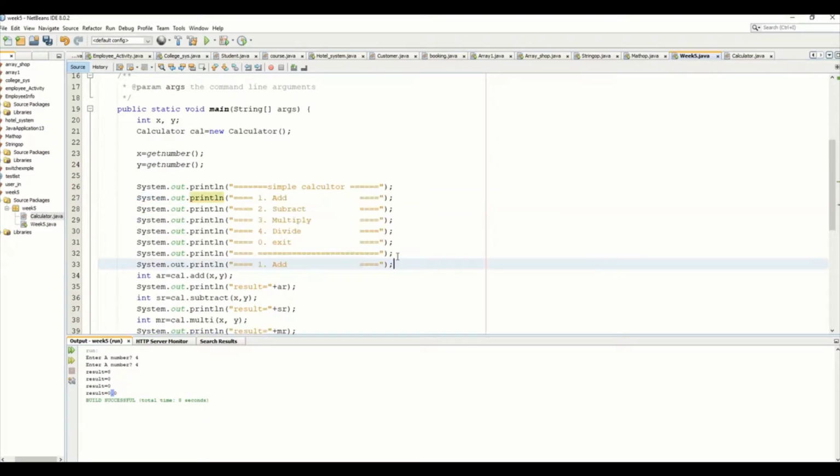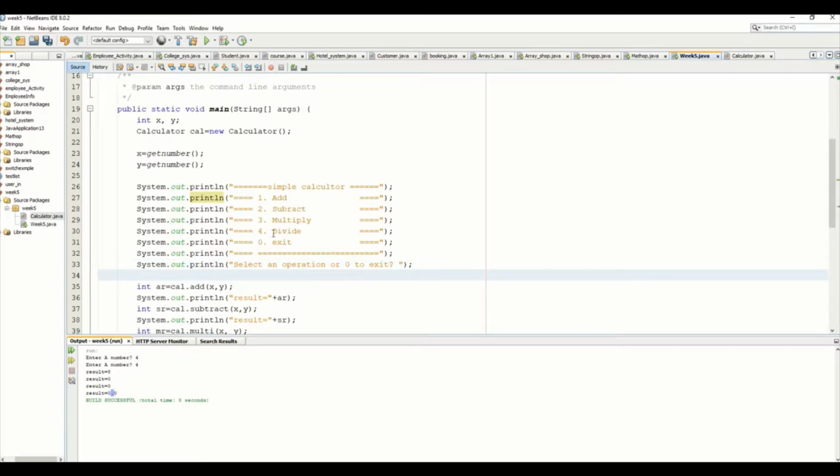Like this, and you would say here, select an operation or 0 to exit, just a message for him. He will enter his choice, either 0 or 1 or 2 or 3 or any one of these. So you can say, for example, integer, let's say here I'm going to put op as an integer, and I'm